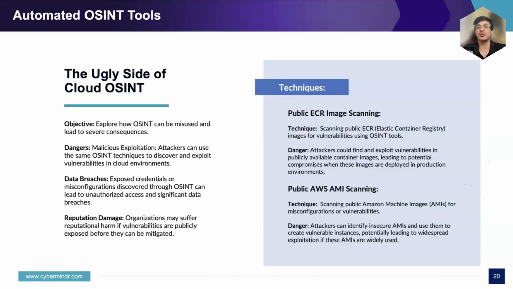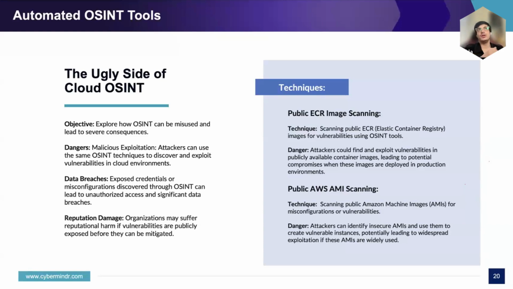Next is publicly exposed AWS AMIs. An AMI is nothing but the image of your virtual or compute machines in the cloud. Suppose I am deploying an Ubuntu server every day in my organization. For that, I can have one image for my Ubuntu OS, which will be used for all my services across my cloud. So suppose while creating that snapshot, I hard coded a credential and made that AWS AMI